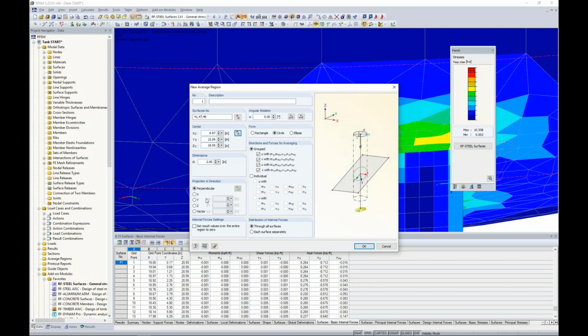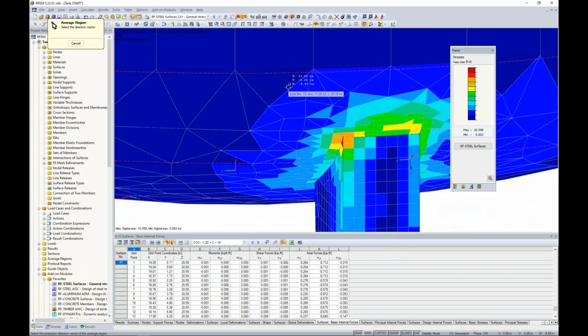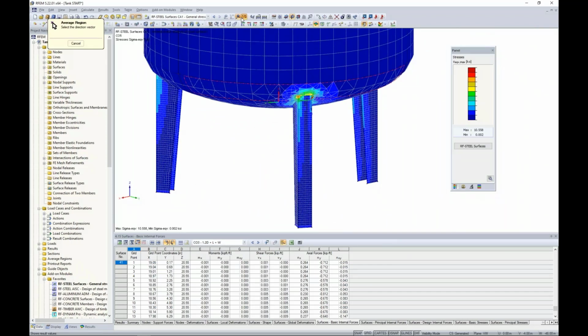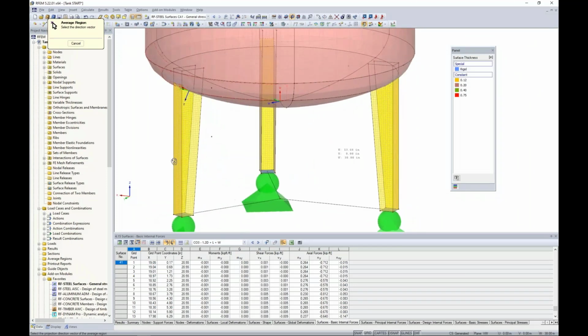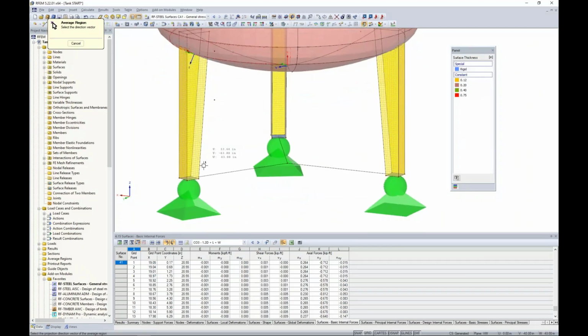So instead, what I can do is to choose my own direction vector to kind of average out these forces. When I choose this option, this allows me to graphically select a couple points. So I'll zoom out here, turn off my results, and cancel my visibility mode. We remember from the first webinar, we created all of these points, and zooming into the bottom of my leg,